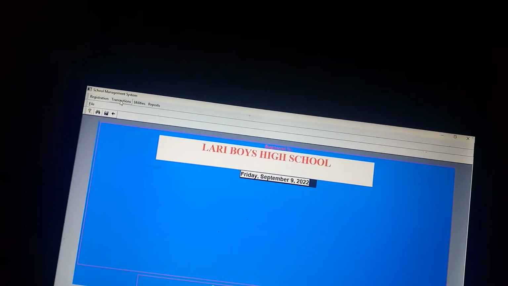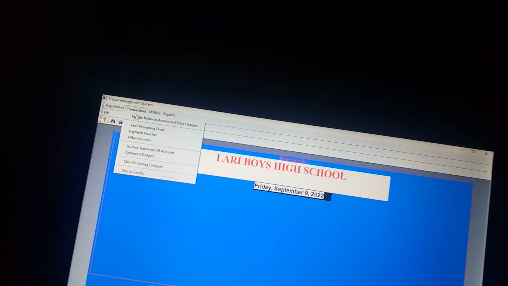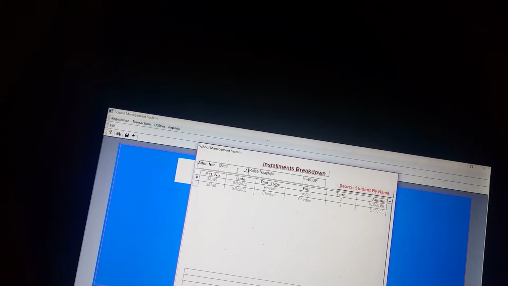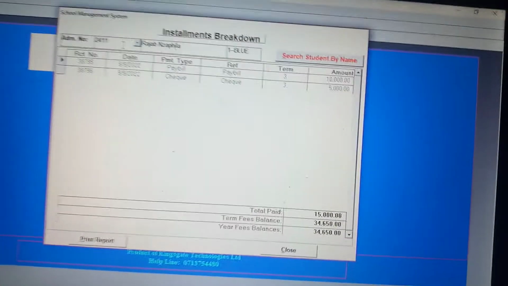Now we want to assume that this individual has lost the receipt, or a parent has come and wants to see how he has been paying. You just come here, look at the installments. If you enter the admission number and press OK, you'll see that he paid